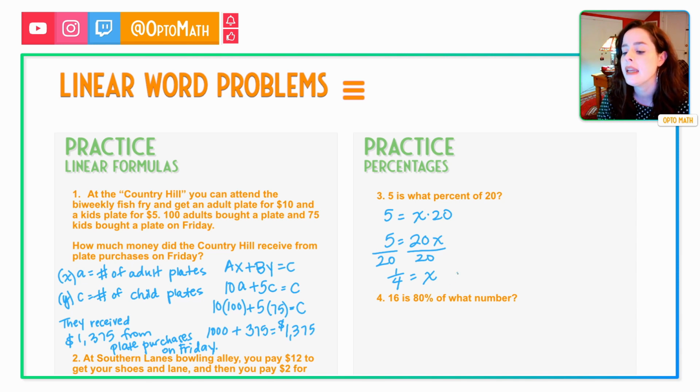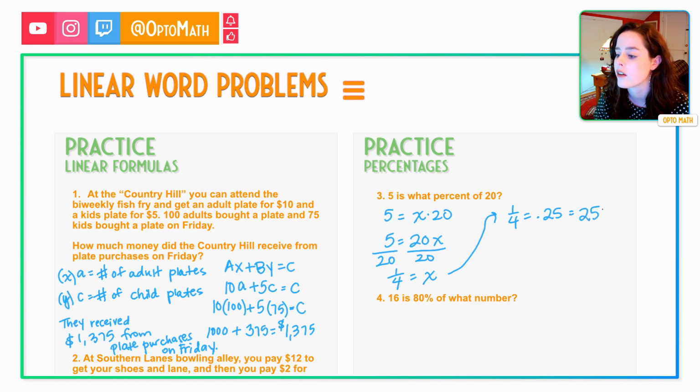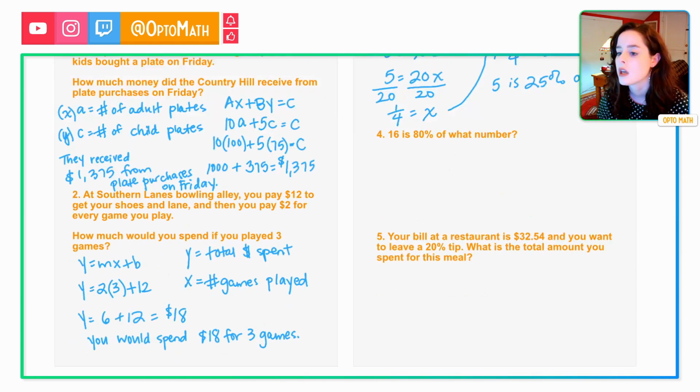So what does that mean though in terms of a percentage? Well, 1/4 is the same thing as 0.25 or 25 hundredths, and that's the same thing as 25%. So we can say 5 is 25% of 20. Number 4,